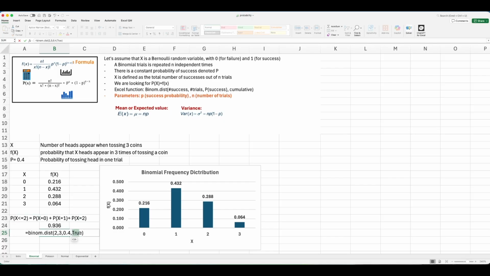That's where this distribution is now cumulative. So I put true, enter. So the same number, 93.6%. Another point that you need to notice when we are using Excel function is that binom.dist basically gives us the